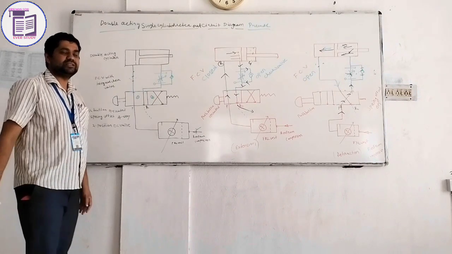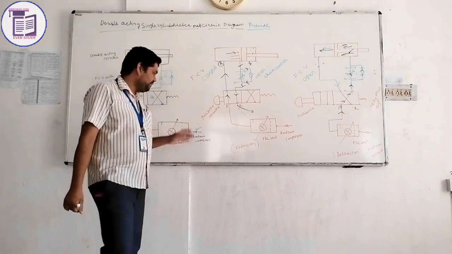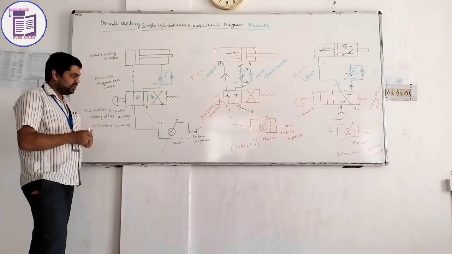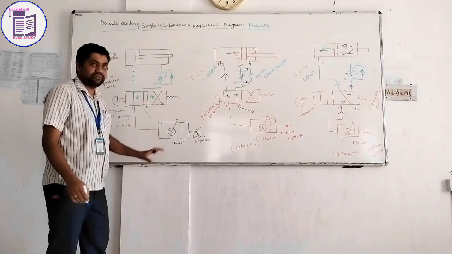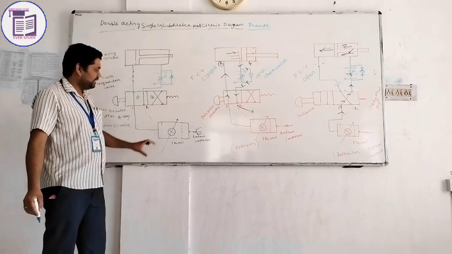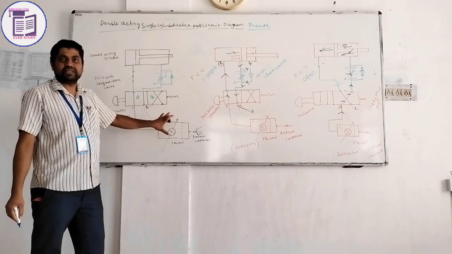We already discussed this in part 1 of the meter-in circuit diagram video, so just a reminder. First of all, the basic need here is air. To increase the air pressure we use this compressor. First we need a compressor. Then we need an FRL unit, where filtration, regulation and lubrication will occur.